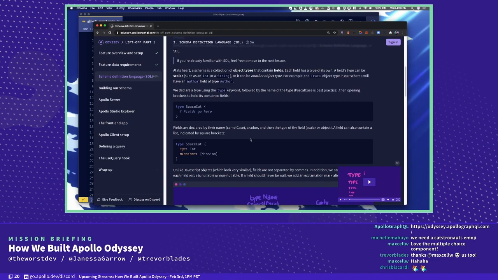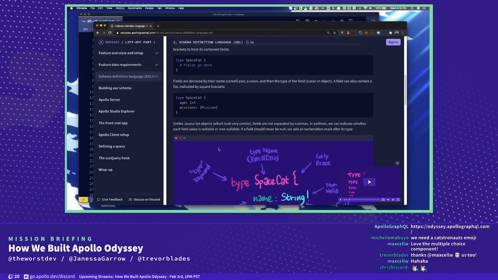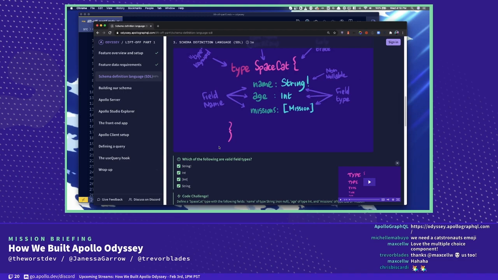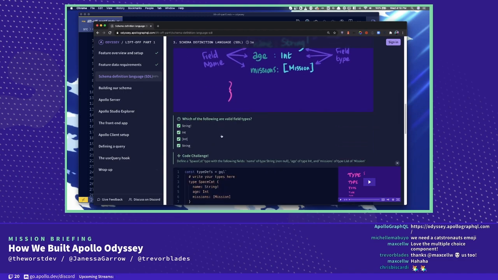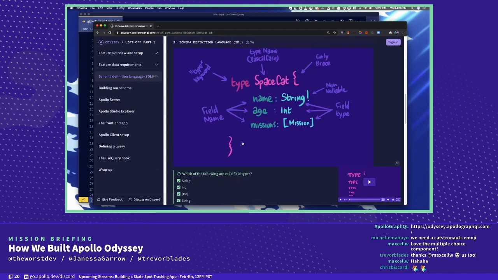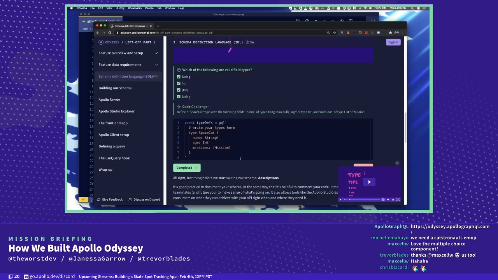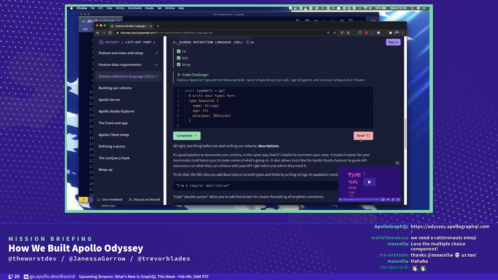As you'll notice, as we scroll down through this lesson, we're learning about the components or the pieces of a GraphQL schema, and answering questions like what are valid field types. And here we've encountered our first code challenge.